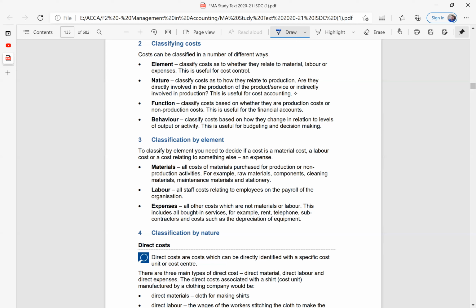So what about electricity? Electricity does increase with the level of activity. By level of activity, I don't mean that if you make 100 units, the electricity bill is going to be according to that. I mean that, let's say I've turned on the electricity for 24 hours. The bill is going to increase. But if I reduce it to 12 hours, the bill is definitely going to decrease.